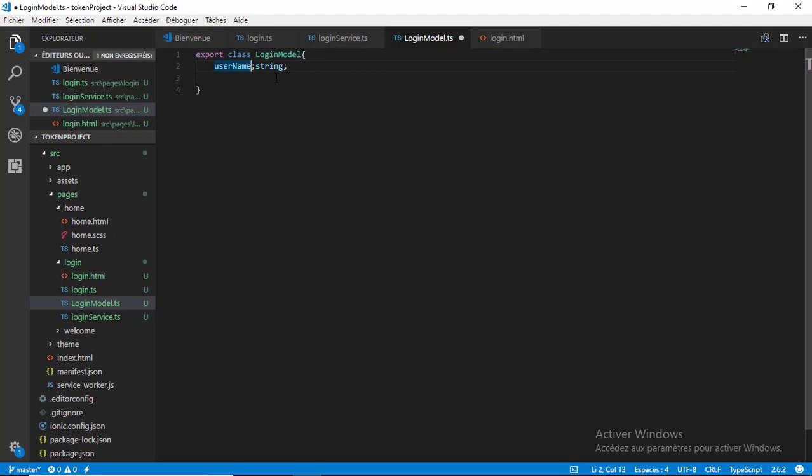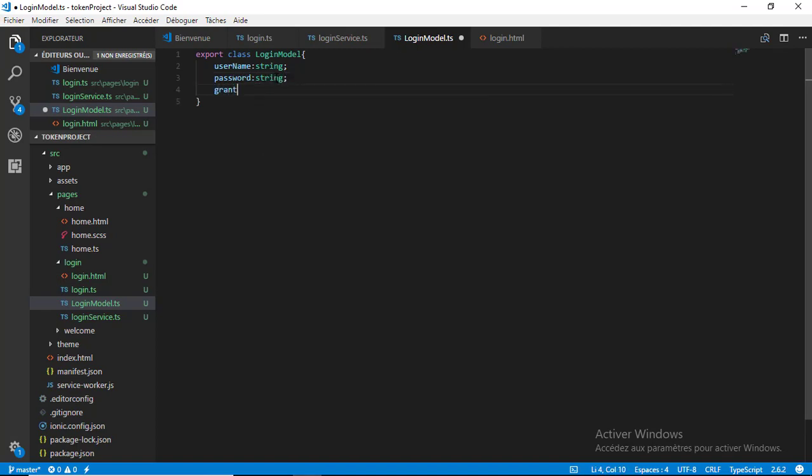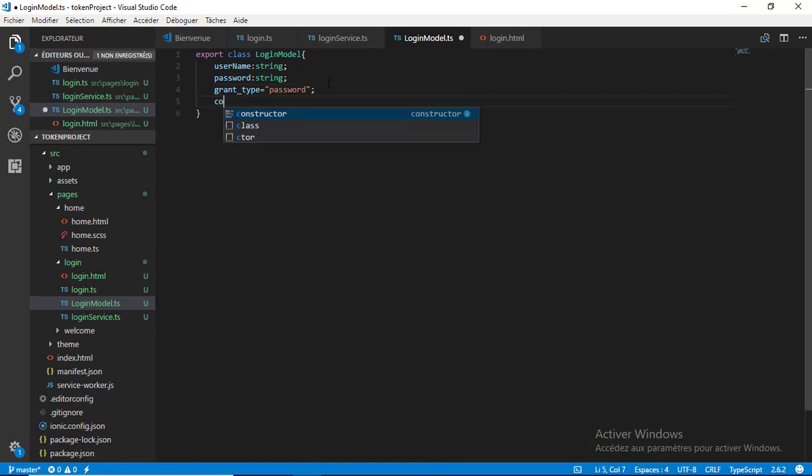I made a mistake, so here we have password of type string, and we have the grant type that will be initialized to password. If you remember the grant type, if you take a look at Postman, the grant type will contain the password string. We will add the constructor, and that's all. Later we will import this class inside our component that we are going to create,